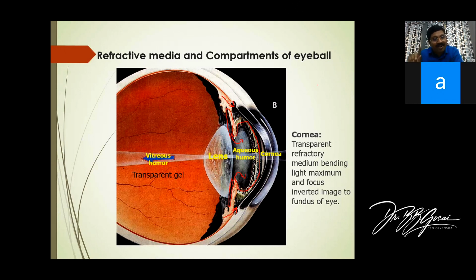Yes, when the ciliaris muscle contracts, not the ciliary body, the ciliary body comes closer. And when the ciliary body comes closer, the zonular ligament will relax. And because the zonular ligament relaxes, the lens will become thick. This is the mechanism. Because this will go forwards, this will come closer. Because this moves to this side, the zonular ligament becomes loose. Once they become loose, the lens will become thick and increase its thickness.